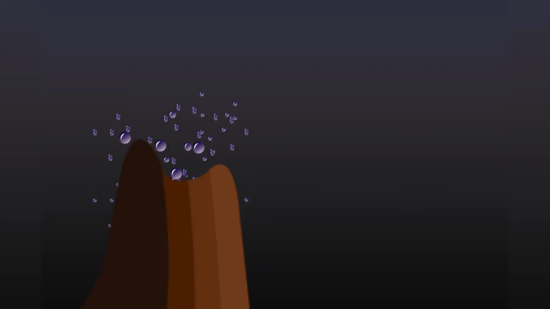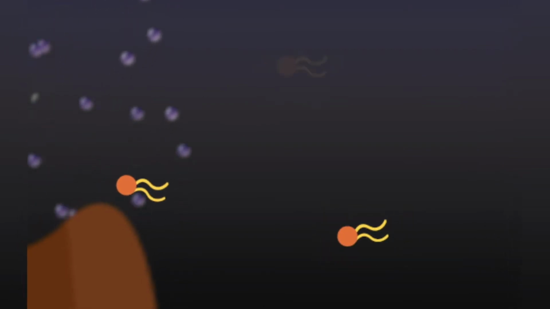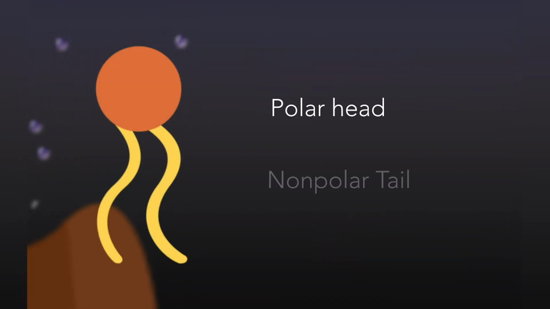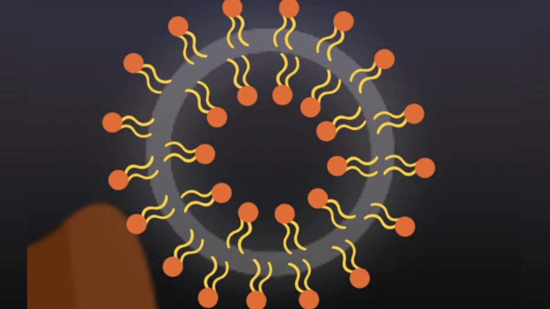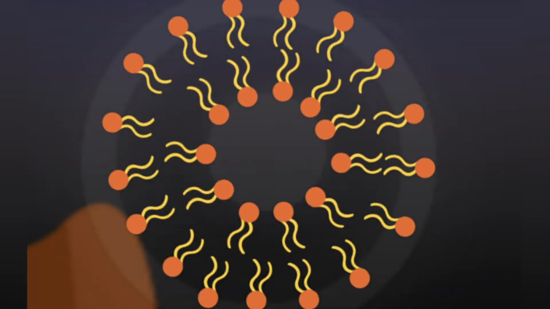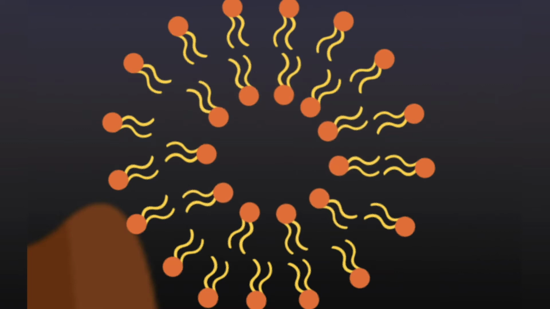Scientists theorize that the lipids that make up cell membranes, phospholipids, were spontaneously formed in hydrothermal vents. These phospholipids have a polar head and a nonpolar tail. The nonpolar tails tend to aggregate in the middle where there is no water, forcing the polar heads to expose themselves to the surrounding water. The spherical shape of the cell was thus inevitable.